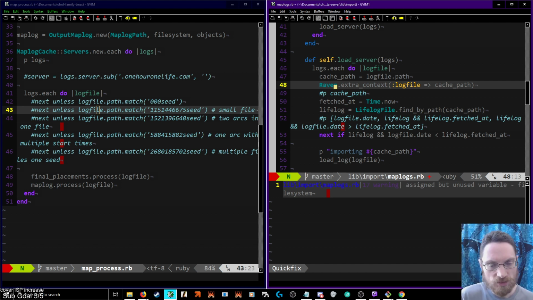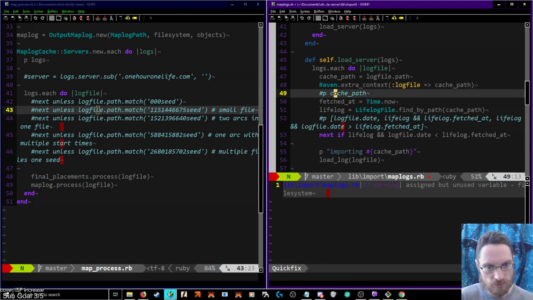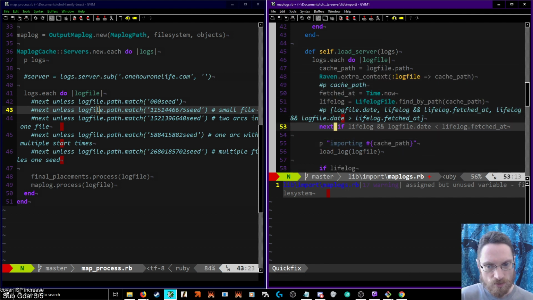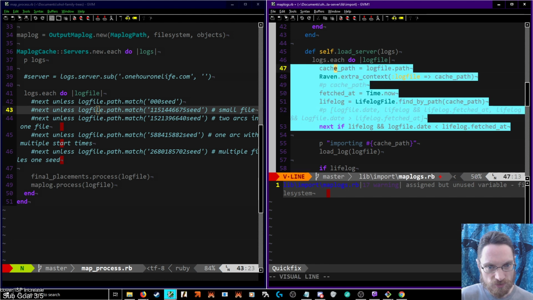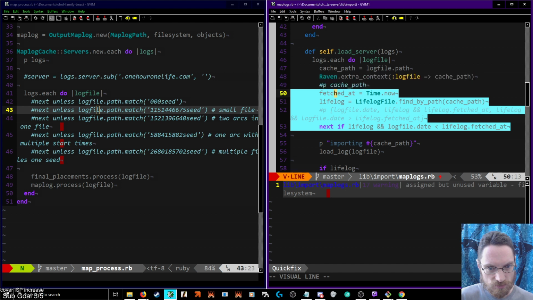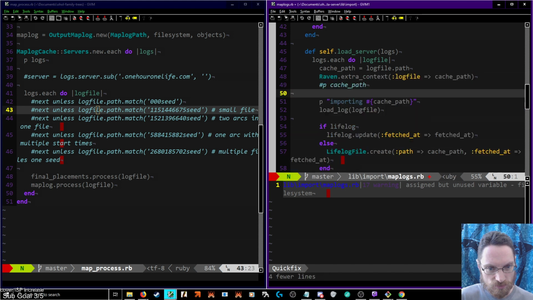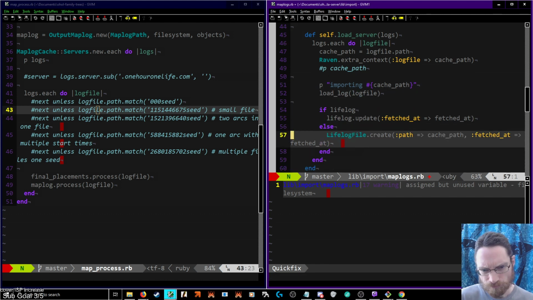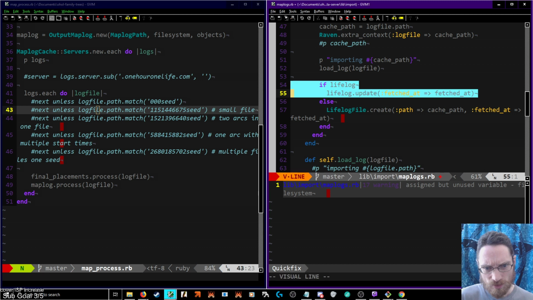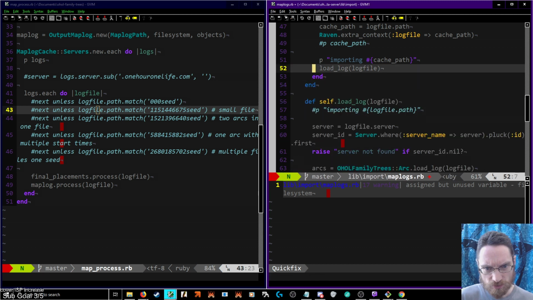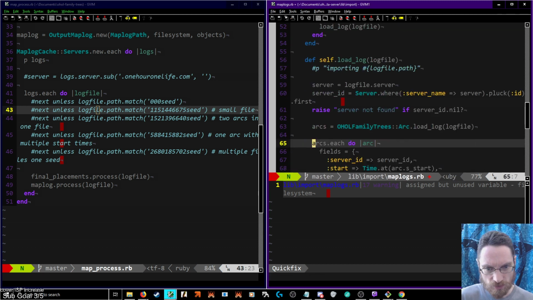But right, actually each process is doing its own little thing. So we would not have this. And that's the file update, which handles in its internal process. So load log